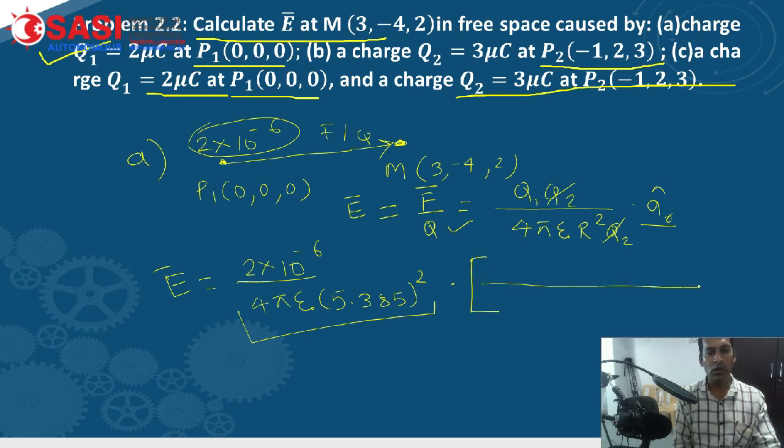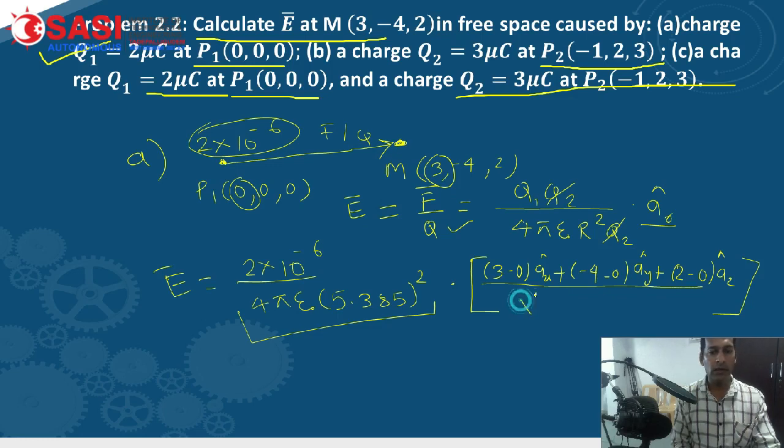And how do we find the vector? It is given by destination point minus source point. The destination point's first value is 3 and the first source value is 0, so it will be 3 minus 0 into AX cap, plus the second value, -4 minus 0, for AY cap, plus the third value, 2 minus 0,